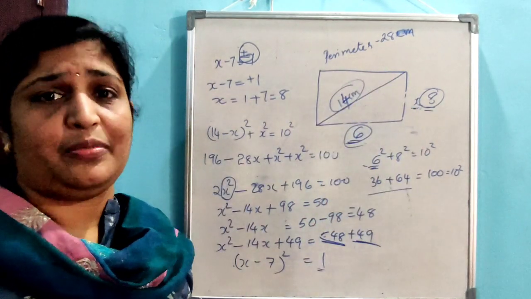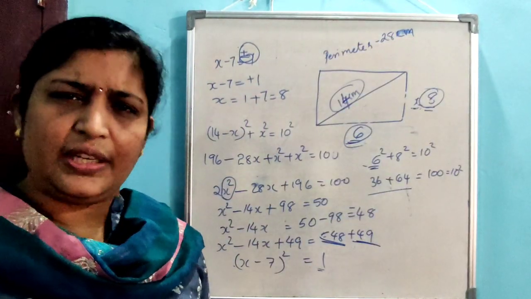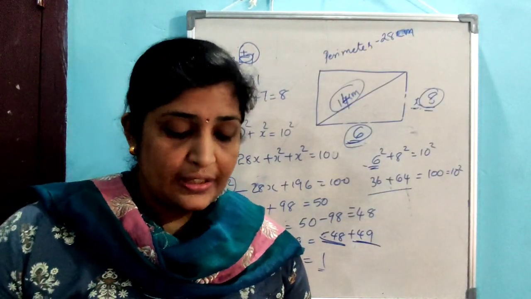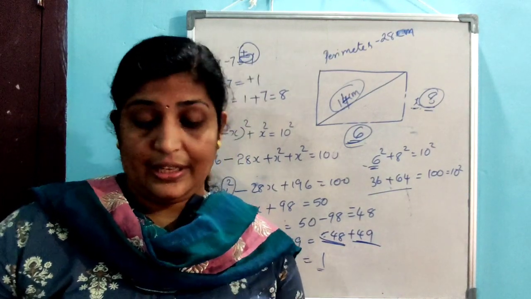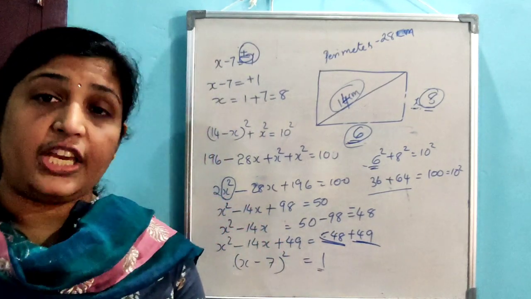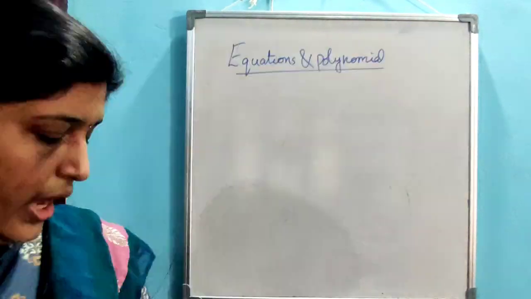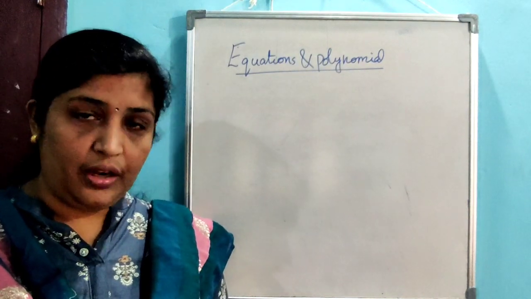Do this very same step. Instead of our 8 and 10, just substitute 14 there. That only. Okay, so that is the end of the second exercise of this chapter. Sorry, third exercise of this chapter. Then now we are coming to the next section, equations and polynomials. Our next section is equations and polynomials.